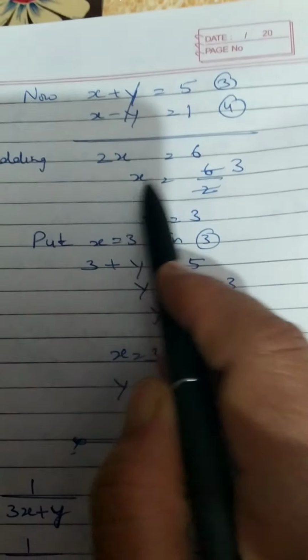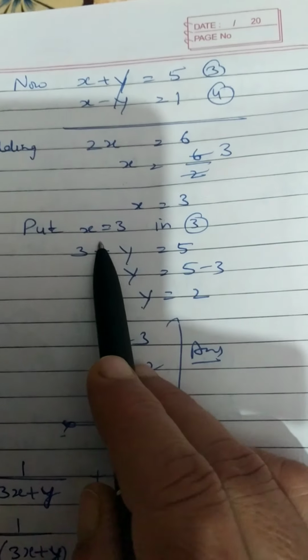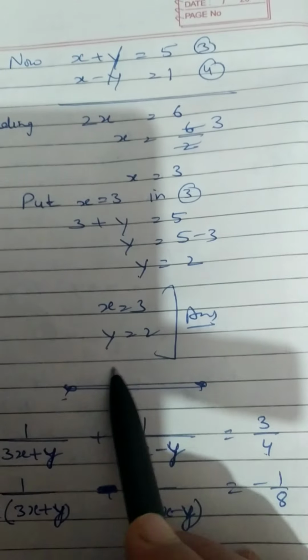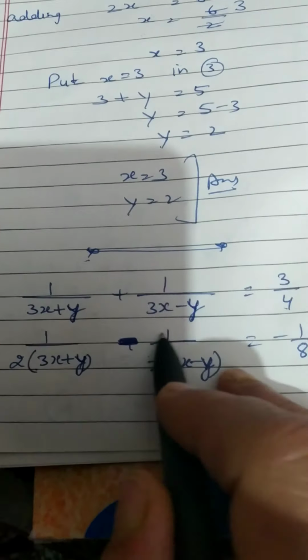Y cancels out, so 2x is equal to 6, x is equal to 3. Put the value of x in equation number 3. We get the value of y is equal to 2. X is 3 and y is equal to 2. This is the answer. Then the next question is 1 upon 3x plus y plus 1 upon 3x minus y